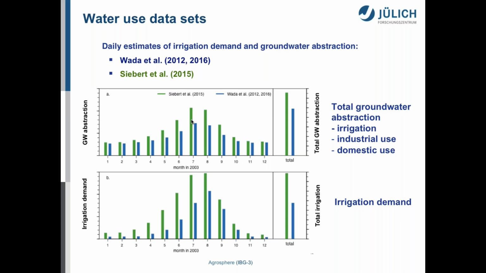Okay, so you see here at the top data on the groundwater abstraction from Stefan and from Jülich, and you see that there are some differences over the year and also in total groundwater abstraction. But this is exactly what we want. We want these differences in different water use data sets to address also uncertainty in this information and to see if we actually get a systematic response due to groundwater abstraction later in the models. And here you see similar things for irrigation demand. You see again that Stefan has slightly higher values than Jülich, but again, that's really what we want to have. We want to have these differences in the input data sets.